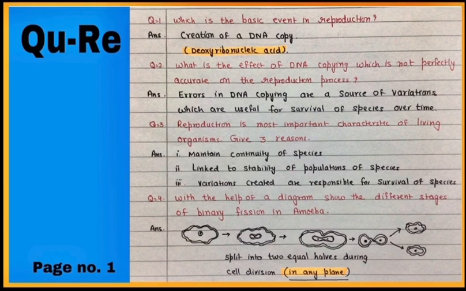Creation of DNA copying is the basic event of reproduction. But during DNA copying, there are errors, and these errors are the source of variations and which are very useful